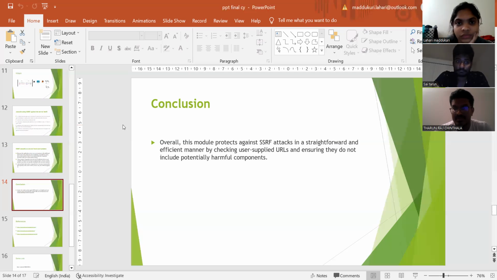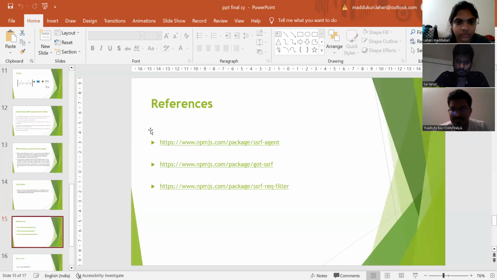And one of my friends is going to conclude, and I am concluded, and thank you for giving me this opportunity. These are the project references that we have taken from the SSRF attacks. By taking these references, we have created a new tool which is called NoSSRF. Here we can see there is SSRF agent, got SSRF and SSRF request filter. These are different tools which were created by different people,